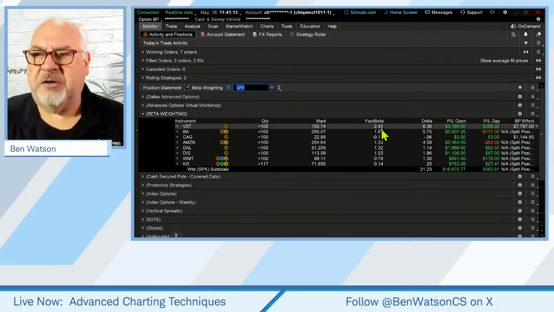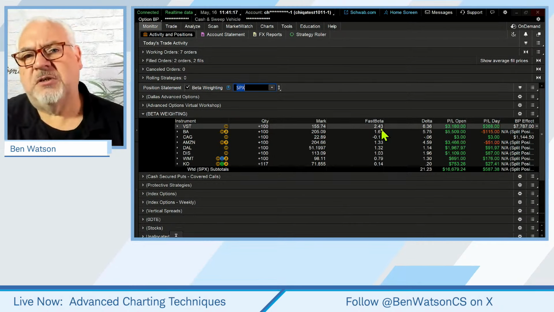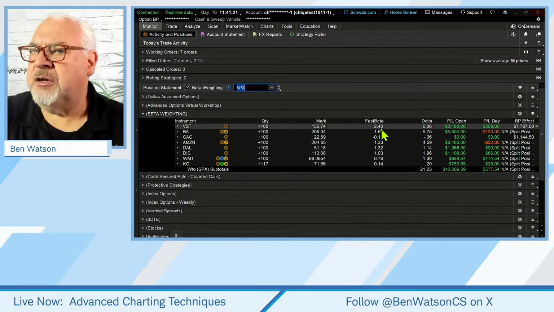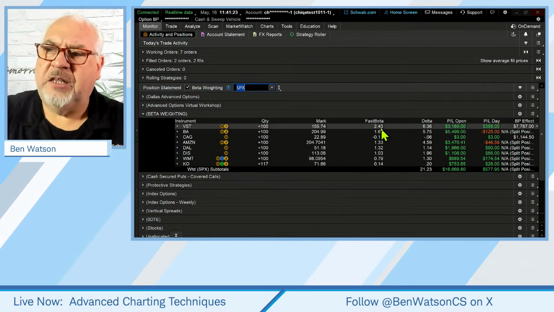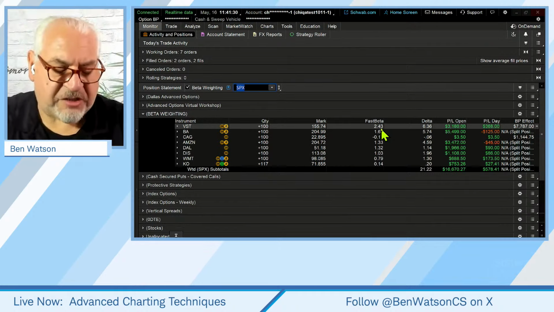It just means that it moves when things move, when the market moves, this moves faster. So take that with a grain of salt in the sense that it could move down faster than the market too, right? So that's kind of that perspective.